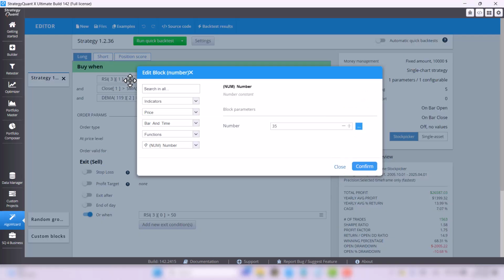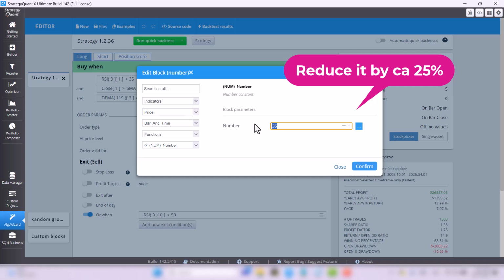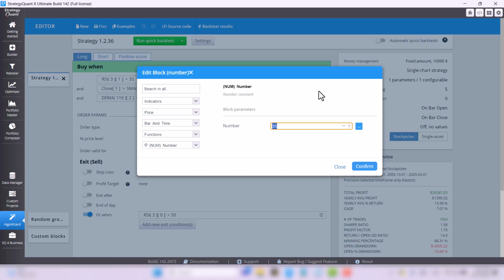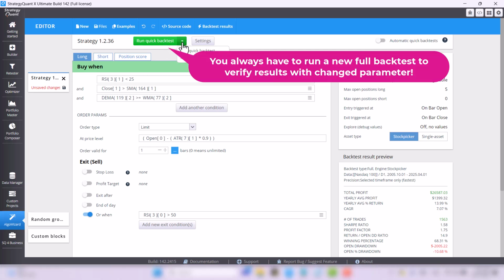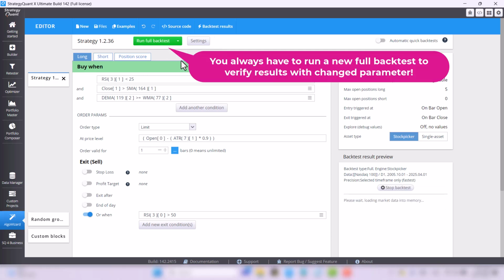Now I'm going to take that parameter, RSI, and reduce it by about 25%. So I set the value here at 25 and save it. I have to run a new backtest. I have to wait for the result.